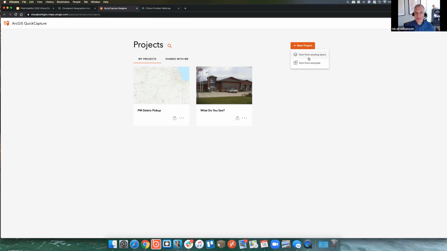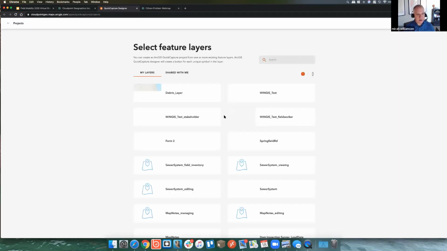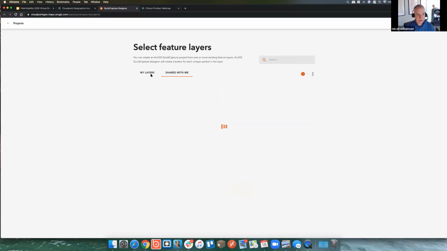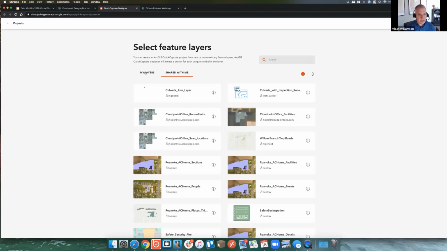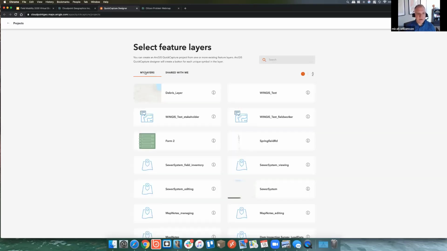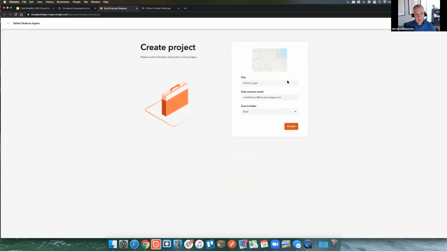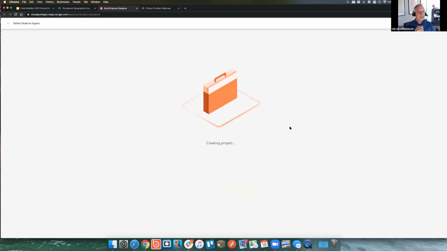So if I say start from existing layers, I can literally choose any layer that we have on our ArcGIS Online, or any layer that has been shared with me on ArcGIS Online, or Enterprise if you happen to log into that and use that. So all of these layers that I have available to me, I'm going to select a debris layer and hit next. And you say, okay, debris layer, and where am I going to save this and create this project? And it's creating a